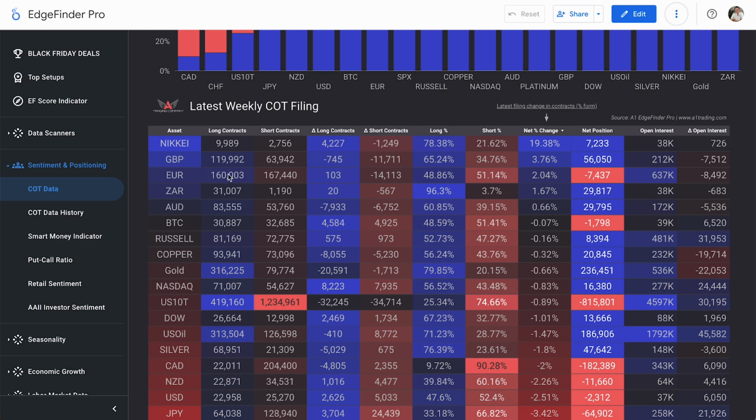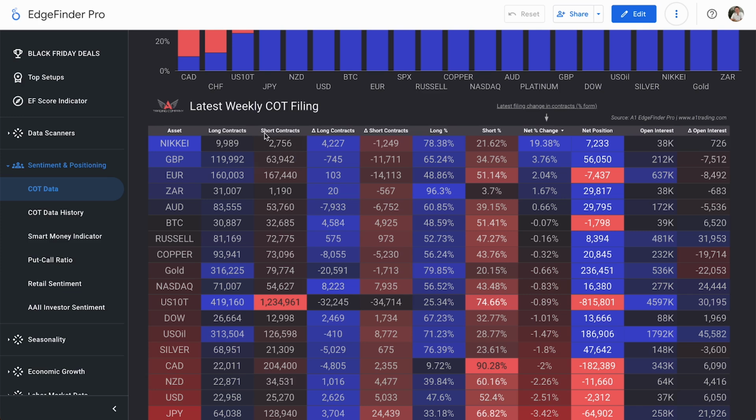Taking a look at our latest weekly COT filing, we can see that our biggest changer of the week towards the upside, towards the long side, is in fact the Nikkei, with a total number of 4,227 long contracts added and 1,249 short contracts closed. Overall, the long percentage is 78.38%, and we had a net change percentage of a whopping 19.38%. That is a huge number in terms of net change percentages. We can see the total number of long contracts now open on the Nikkei is close to 10,000, sitting at 9,989,